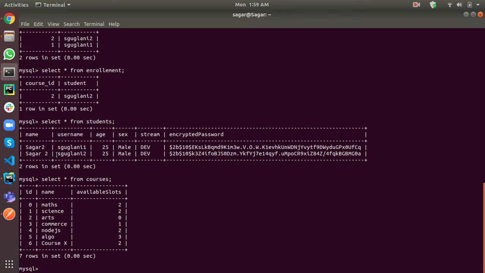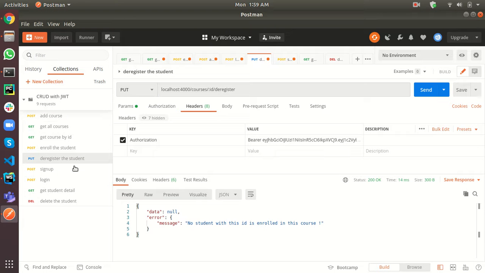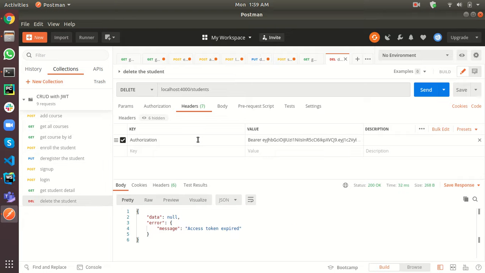I will just delete S Guglani student from my program, and what will happen, it will get automatically deregistered from this course ID. Like for now it has available slot 0 and enrollment has course ID 2 as Guglani 2. I would delete this student.